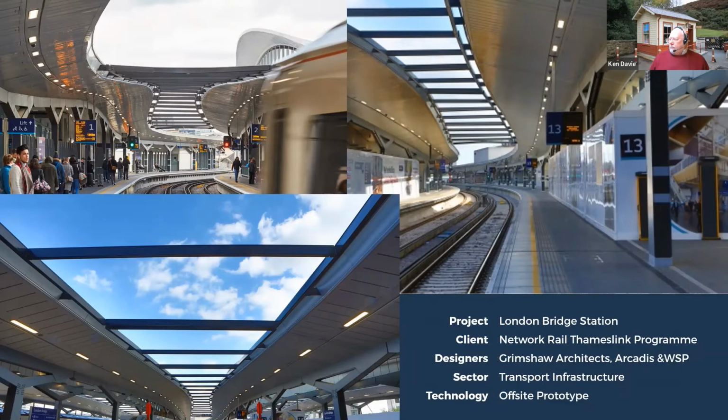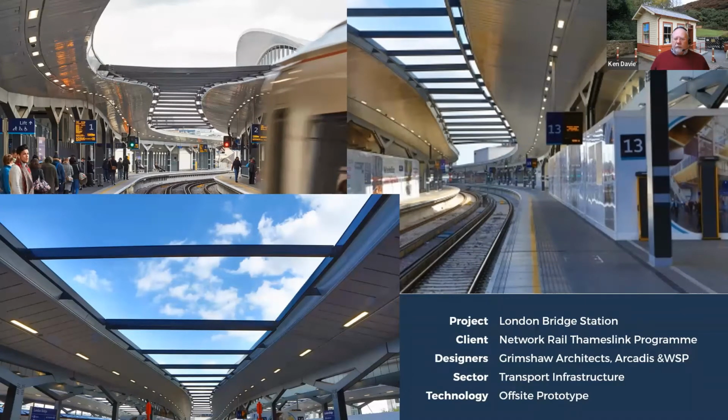Contractor only had access to the platforms, I think it's 2 or 3 platforms at a time, and for a limited time period, given the obvious need to keep the rail services running. So in this case, Severfield and Shepherd Engineering Services and the cladding contractor got together, and they actually built a